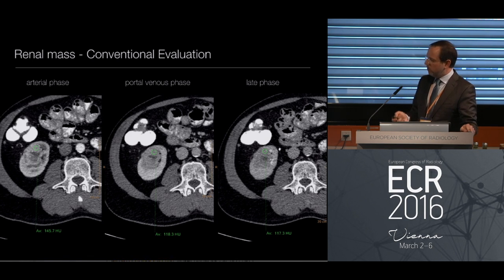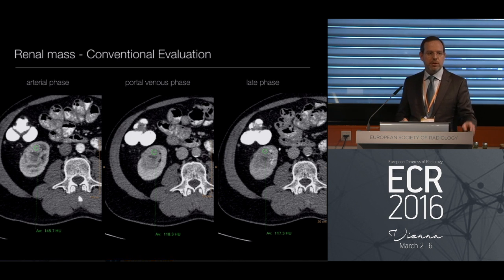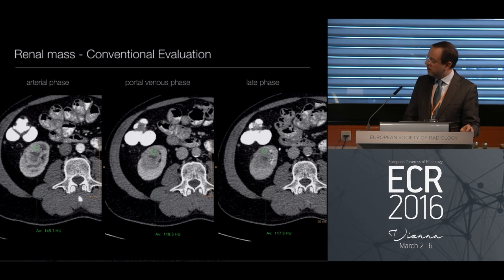So this was a patient with a renal mass at ultrasonography. So we scan this patient with a renal tumor evaluation protocol, and this is then typically what you get if you look at the conventional images. So we have this mass here in the right kidney. This is the arterial phase. This is the portal venous phase. This is the late phase. We measure Hounsfield unit numbers, and then we say something about contrast agent wash in and wash out